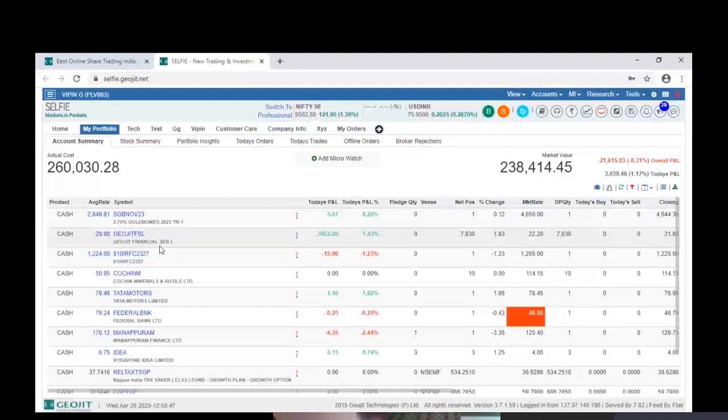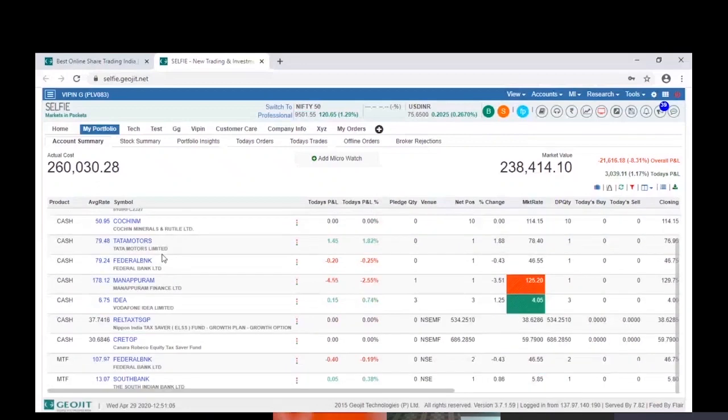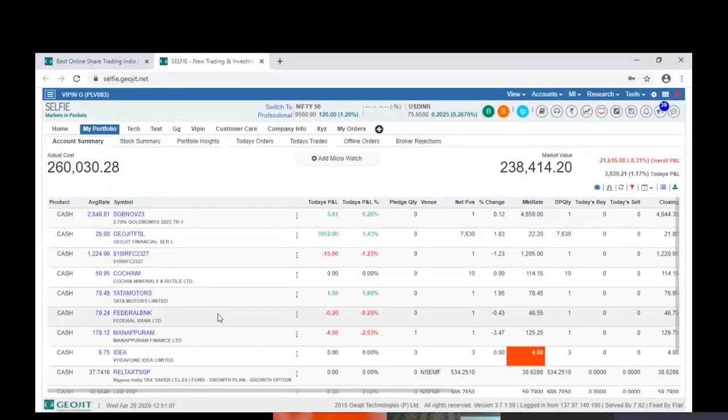But if you see the portfolio, you can see the shares which were bought yesterday, which were bought today, and also the shares which are there in your depository. All this is part of the portfolio. Now let us come to Tata Motors. This is the Tata Motors share which we had purchased earlier. As an investor, I would like to sell Tata Motors. The best option is that I can either go to the market watch and place an order.